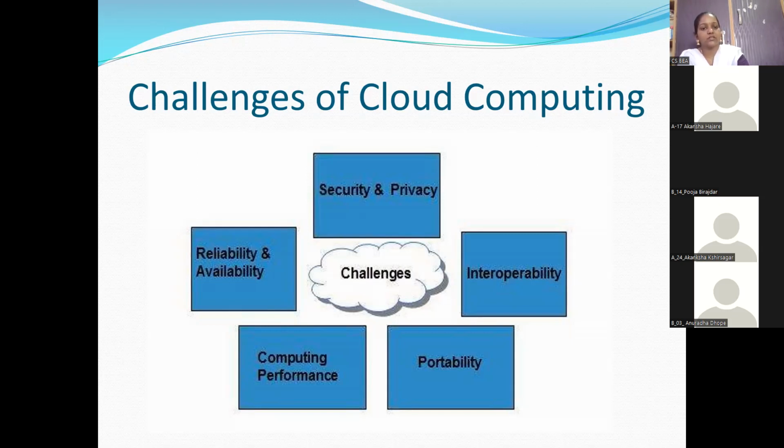So, hardware virtualization: what is it? It is when the virtual machine software or virtual machine manager is directly installed on the hardware system, then it is known as hardware virtualization.